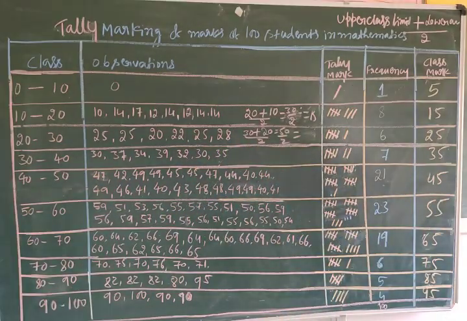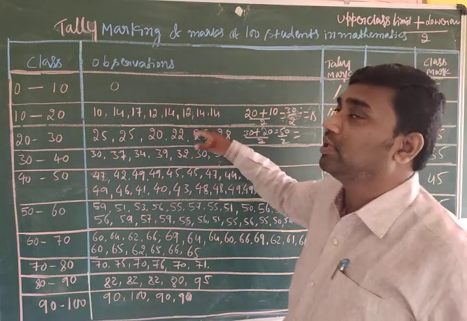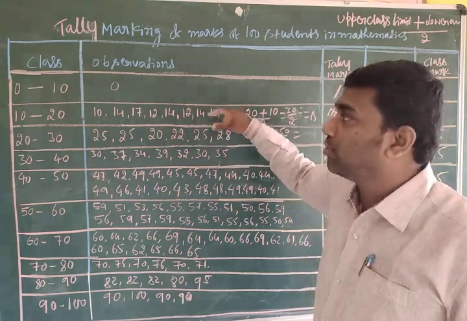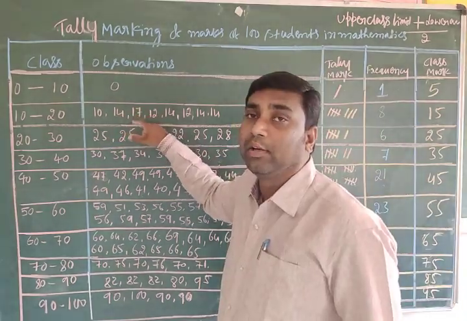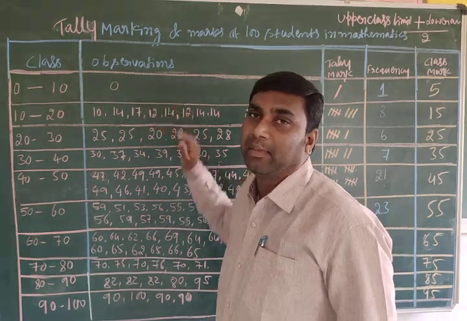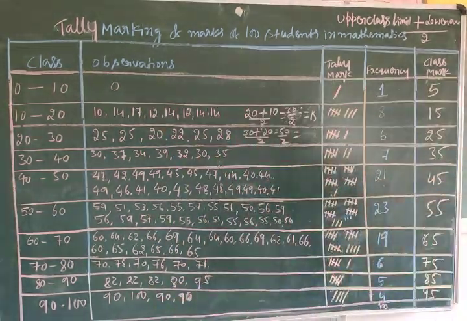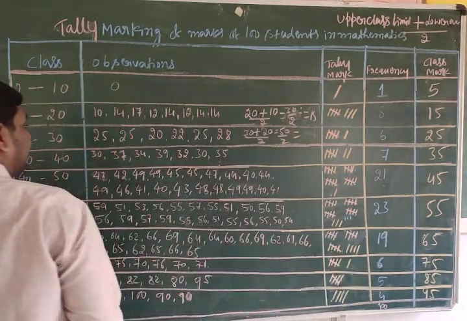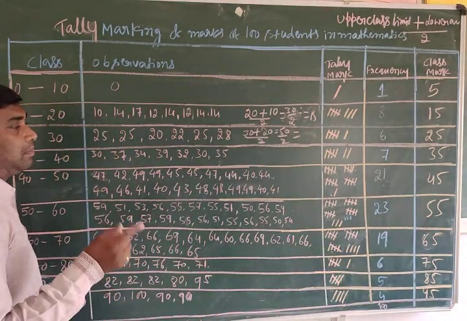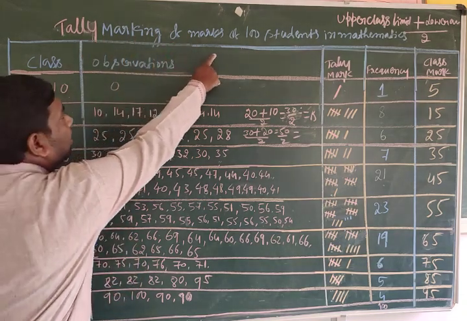Okay. And here the second column is observation. How many students have got how much marks? Here this is the marks. Where we have obtained this one? This is obtained by 100 students, marks of mathematics, which I already gave as an example in previous classes. Okay, don't forget, so these are all observations collected from the previous example, that is marks of mathematics, tally marking of marks of 100